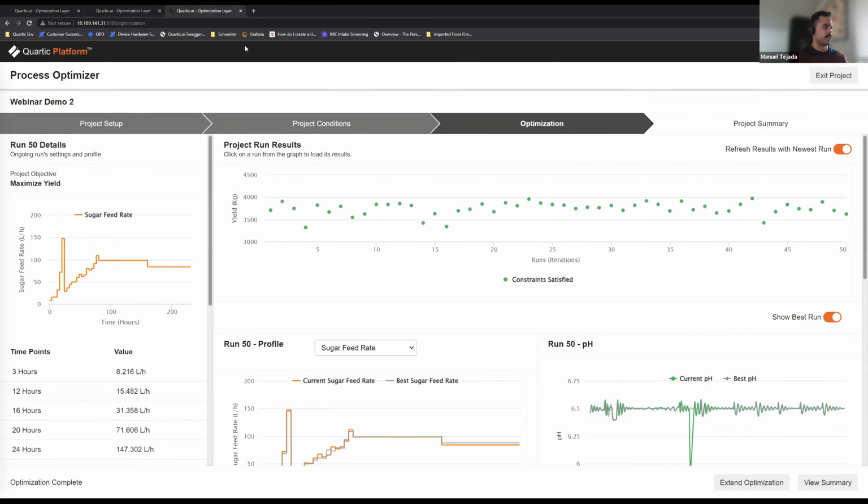I'm actually going to switch over to this other tab where I've run 50 batches. And you see that by around batch 17, possibly even as early as 10, we start to see some stability. And we do see some lower yield batches, but that's because the algorithm continues to explore the design space. It learns that these are areas it will aim to avoid in the future.